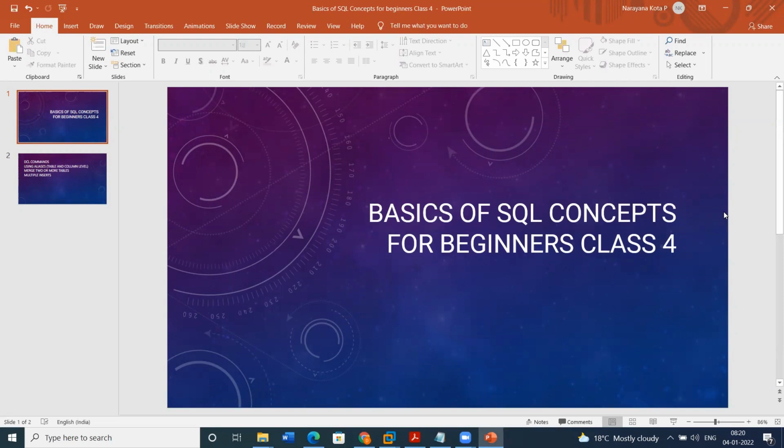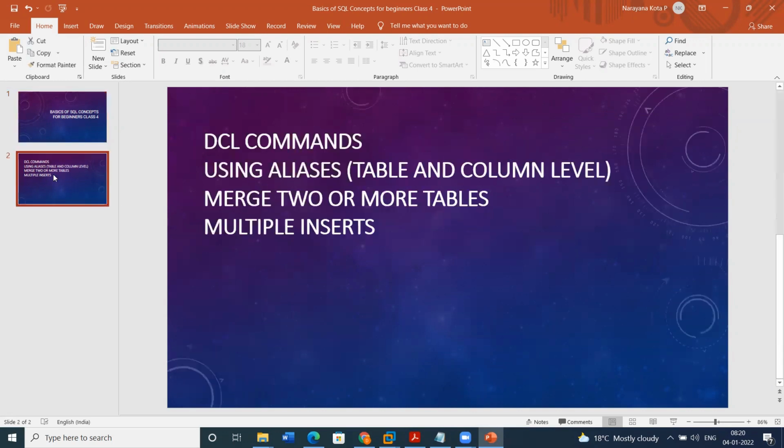So now let's come to class 4, SQL concepts for beginners, basics of SQL concepts for beginners, class 4. So what is the agenda for today's class? The agenda is we'll be discussing DCL, data control language commands, and we will be covering aliases, column aliases, table aliases, and how to merge two or more tables, okay, and how to insert multiple insert